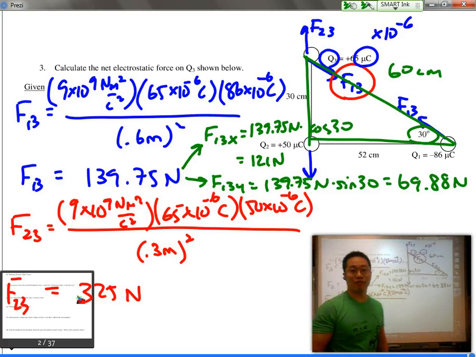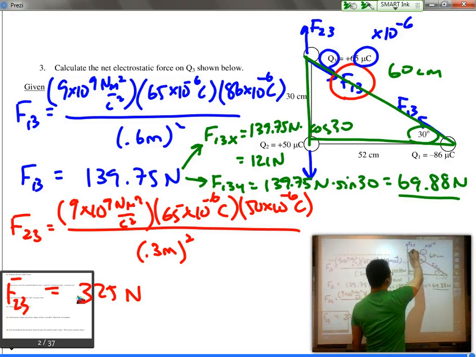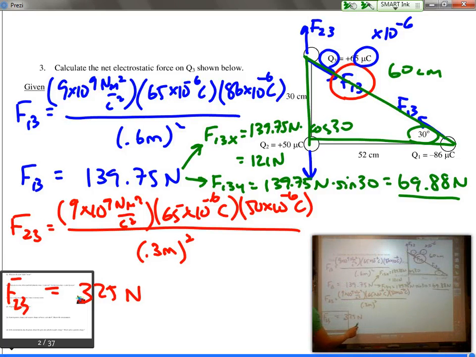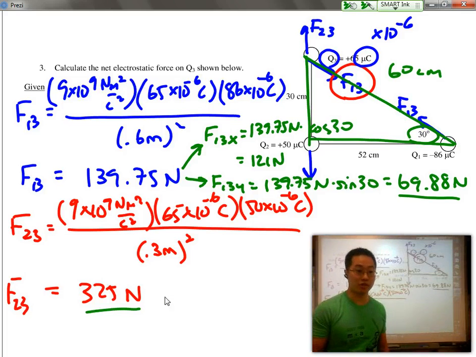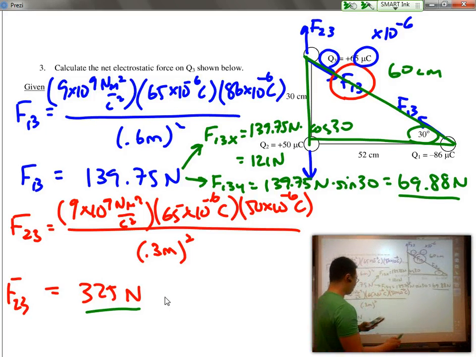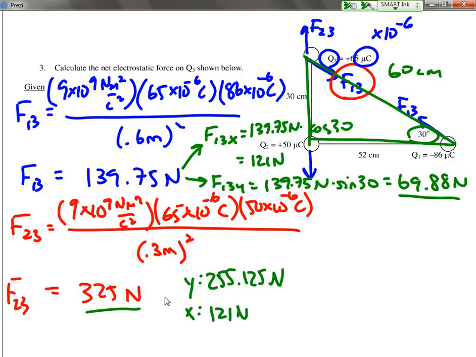So now we have one x component. This y component points downward. This y component points upward. So overall, for our two y components, they're going to subtract from each other. 325 minus 69.875, our y component ends up equaling 255.125 newtons. Our x component is still 121 newtons, which means that our total force